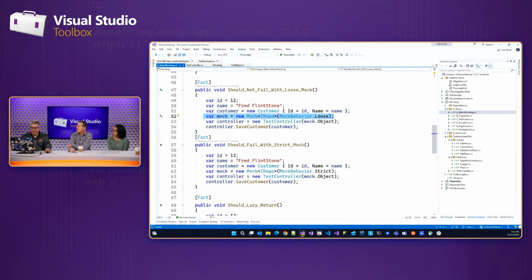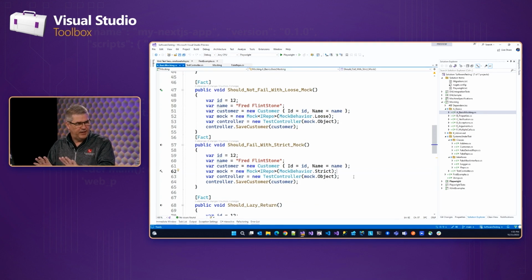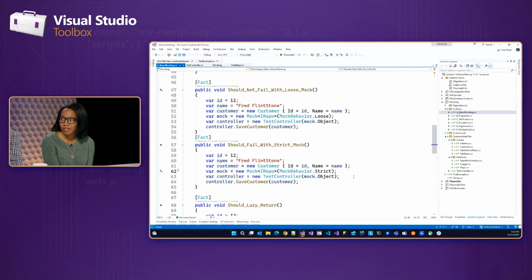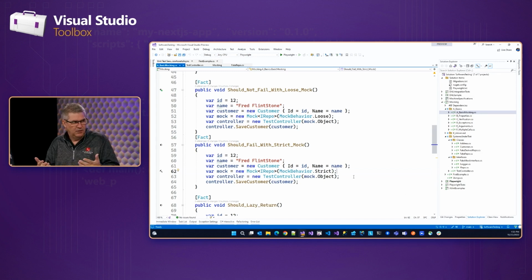Now, if we have a strict mock, and this is what we use in real life, we always use strict mocks. We, as in Pintus Mullins and my team. I'm not saying you have to. But here's why: a strict mock will throw an exception if anything is called that wasn't set up exactly. So if you're looking for side effects, like, I called this, but this other thing got called and I didn't know it, then if you don't set it up as a strict mock, you won't know that other thing got called. The loose mock will be happy, with no null reference exception, but it's still a problem in your code because it's behaving unexpectedly.